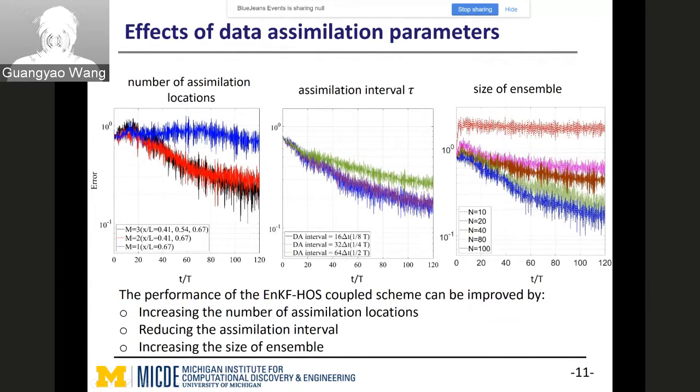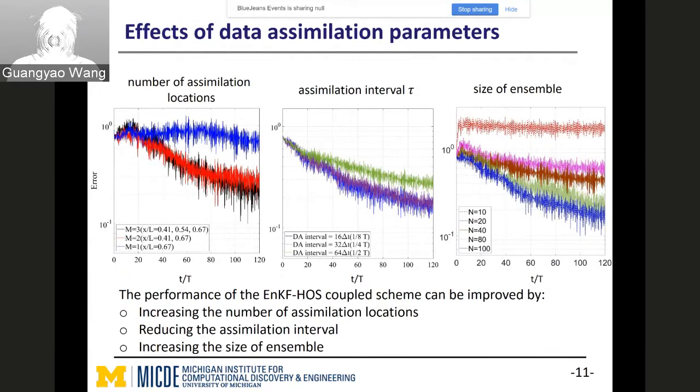Then we look into the impact of data assimilation interval tau. It shows that as we decrease the data assimilation interval, we can improve the error reduction rate and the magnitude of the global error. Finally, we look into the size of ensemble, which means how many members we have